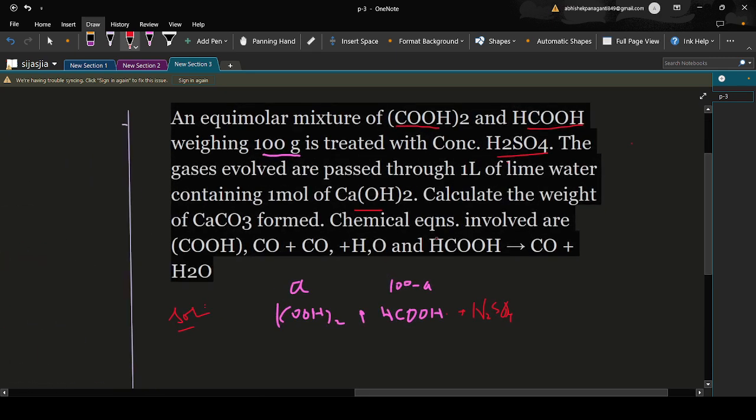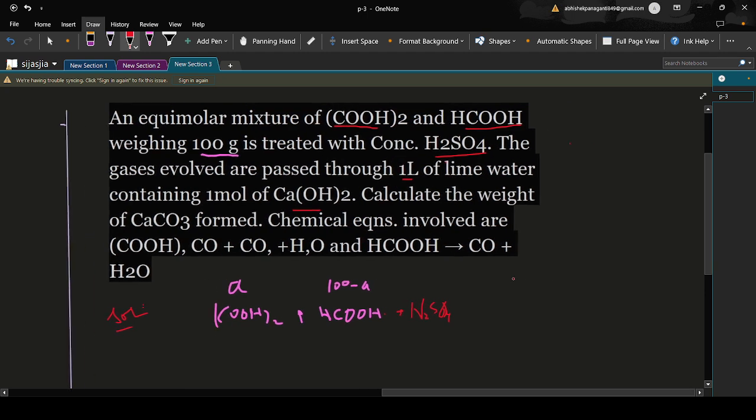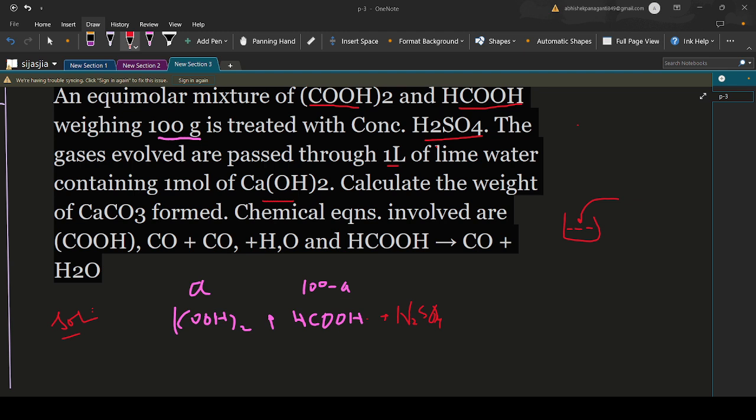The gases are all passed through 1 liter of lime water containing this. So if you remember a great reaction, when we pass CO2 to lime water, then we get